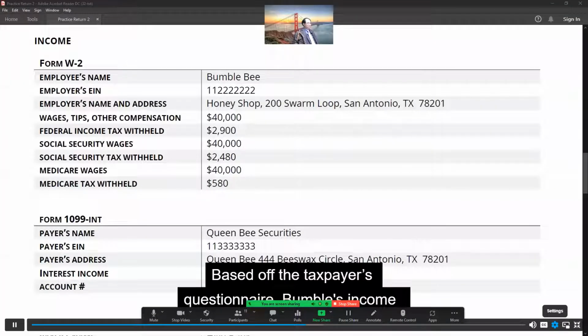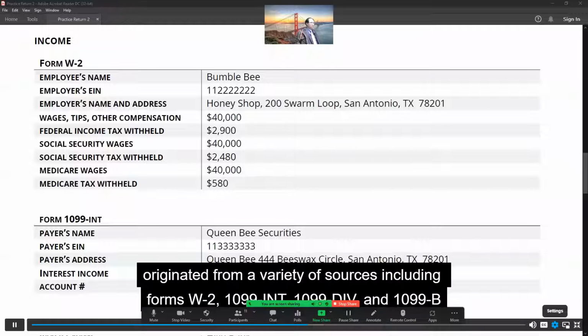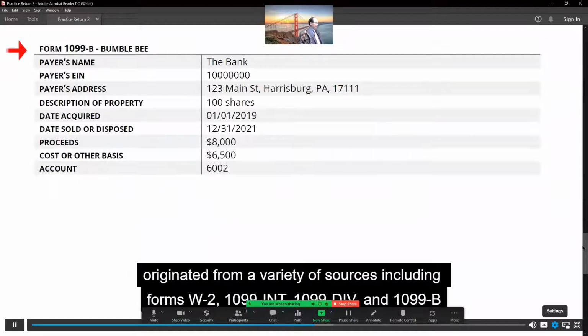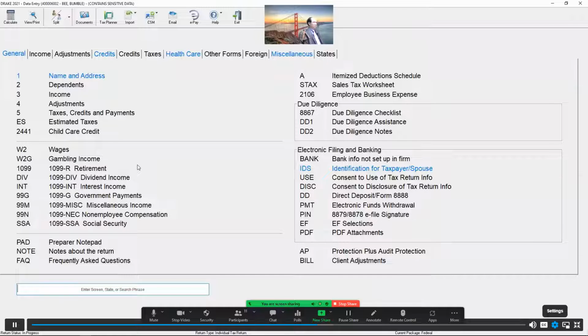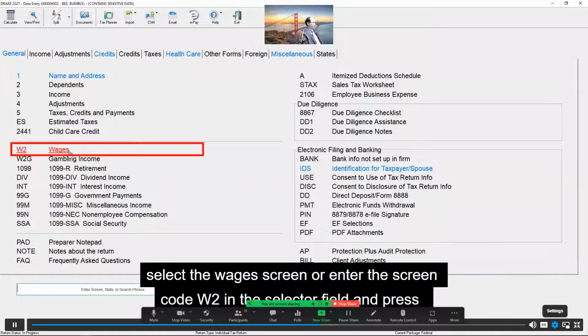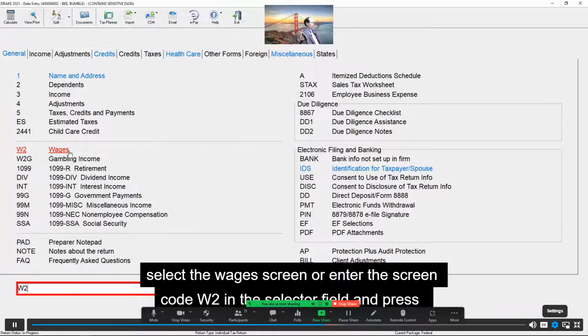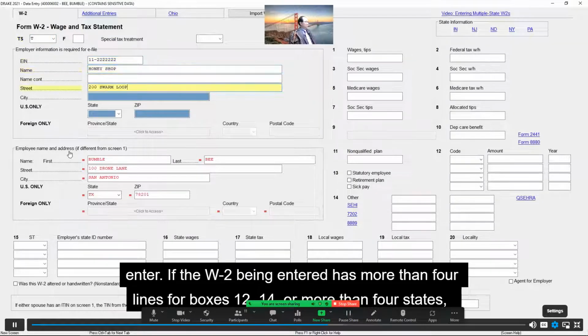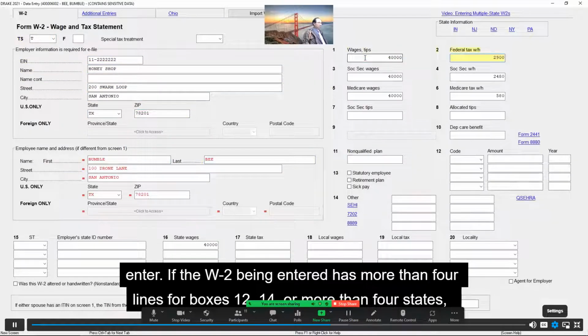Based off the taxpayer's questionnaire, Bumble's income originated from a variety of sources, including Form W-2, 1099-INT, Form 1099-DIV, and Form 1099-B. To enter the taxpayer's W-2 information, select the Wages screen, or enter the screen code W-2 in the selector field and press Enter. If the W-2 being entered has more than 4 lines for boxes 12, 14, or more than